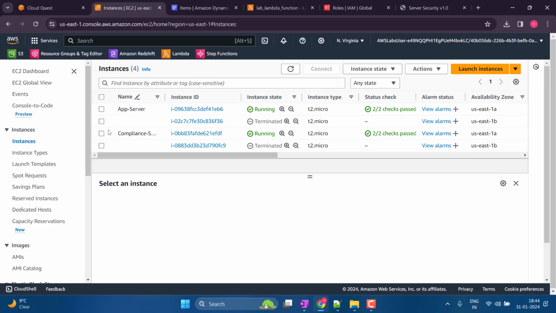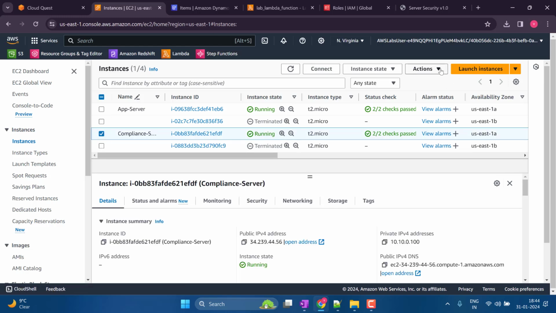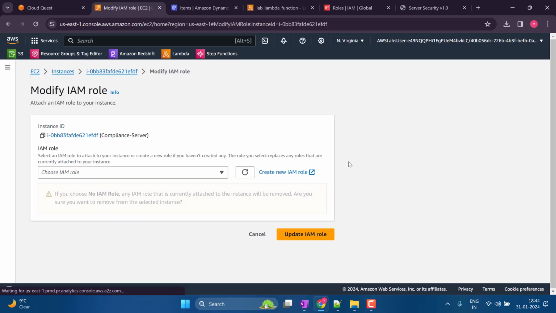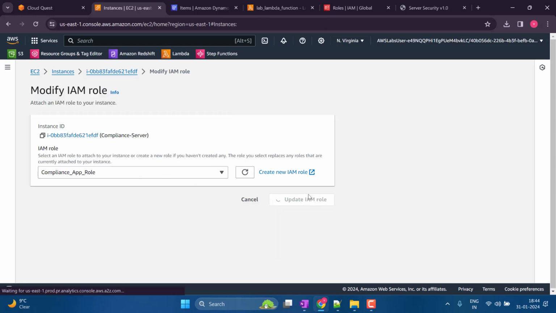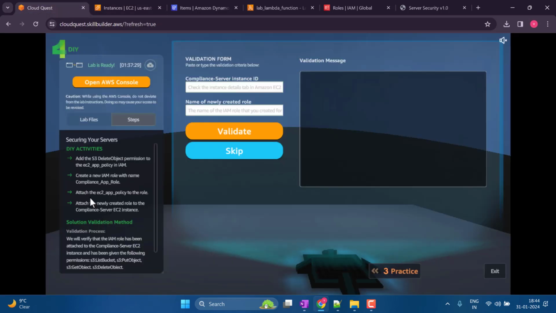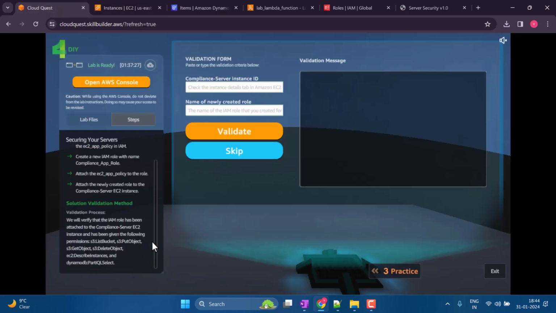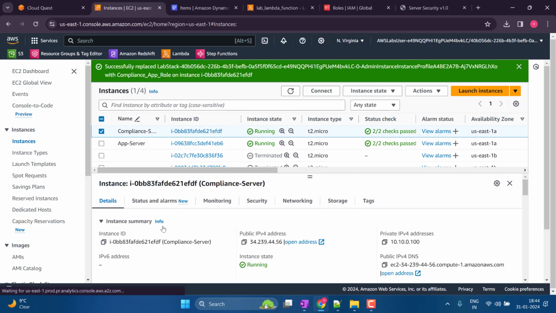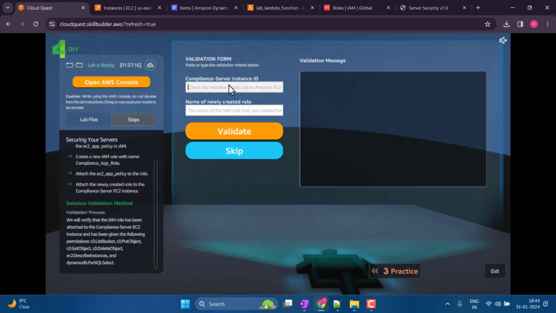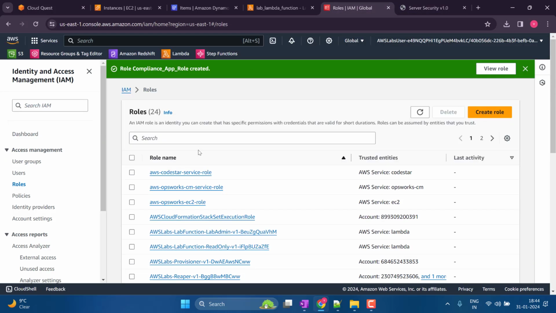Let's go back to our EC2 and we have a complaint server, same thing, actions, security, modify IAM role, select complaints, update. Is there anything else? I think pretty much that's it. Let's provide them the complaints instance ID, name of the newly created IAM role, which is